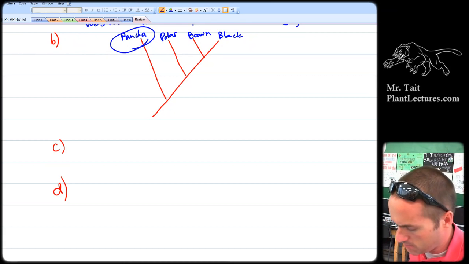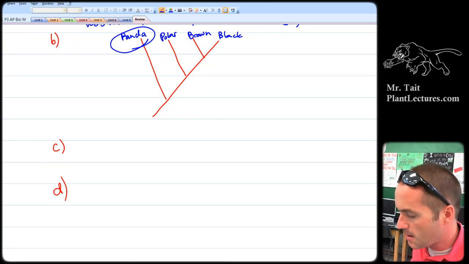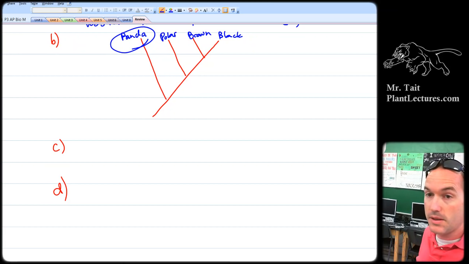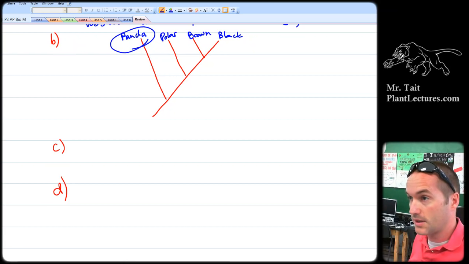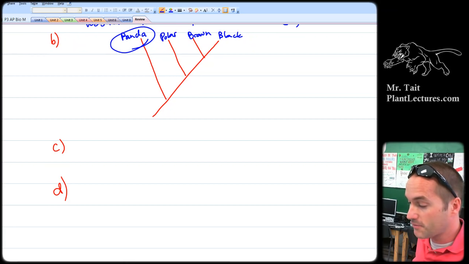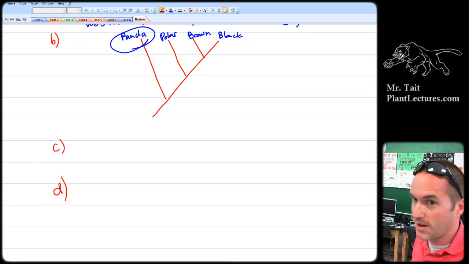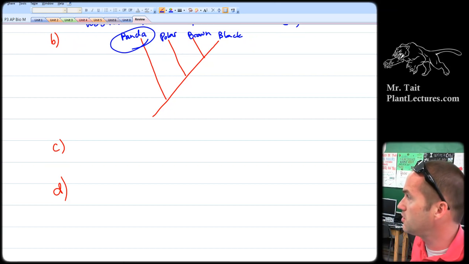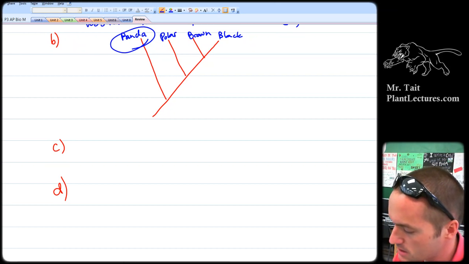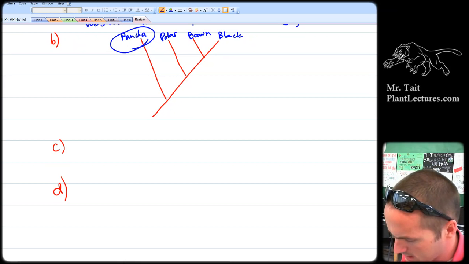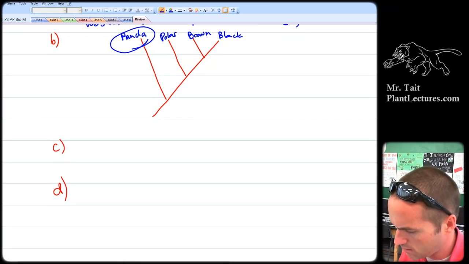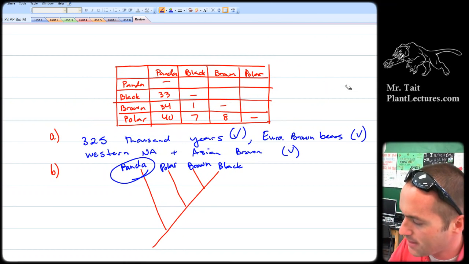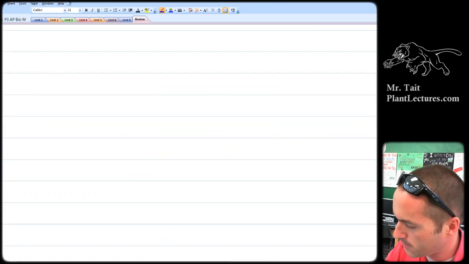Part C says, a student claims that the mitochondrial DNA sequence comparisons provide more accurate phylogeny of bear species than list protein sequences. Provide one piece of reasoning to support the student's claim. Okay, this question is going to be a lot of different possibilities, right? So one piece of reasoning for this could have been so many different things. I think a really good piece of reasoning that you could have used is that since this chart up here uses differences in amino acids,